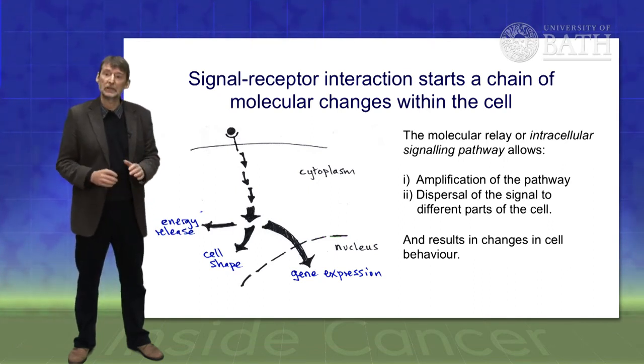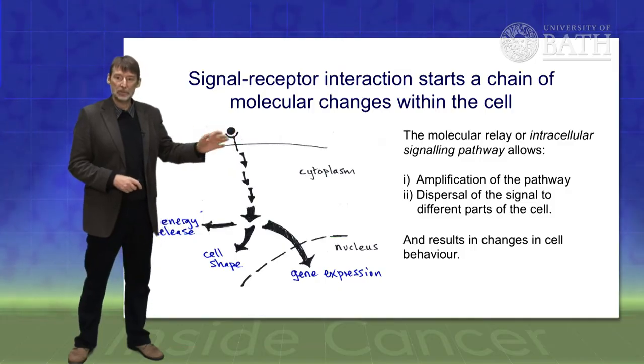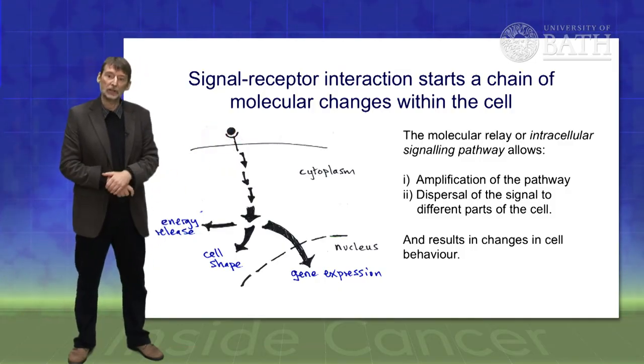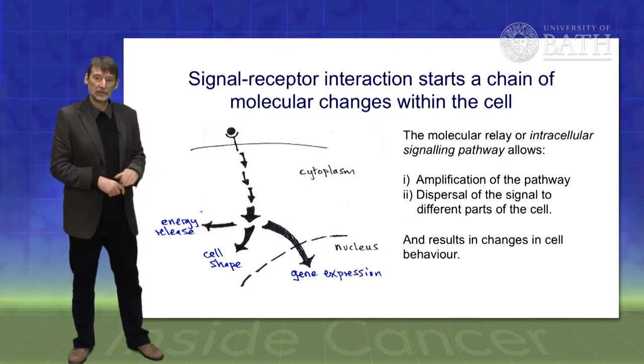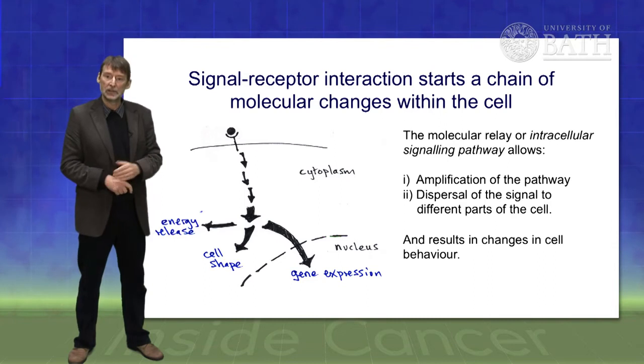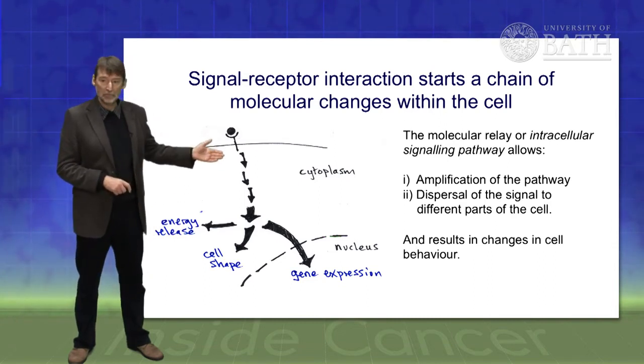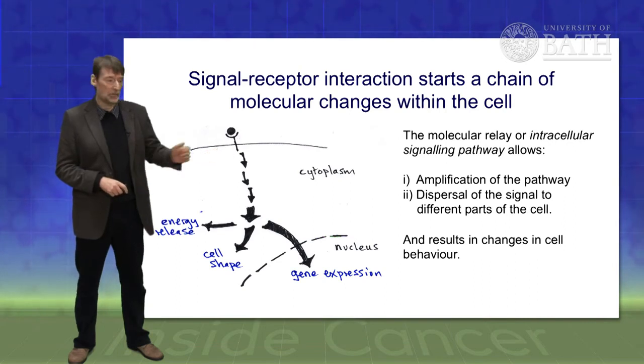So that receptor is the one for this particular cell type that will tell it to divide. The signal causes the receptor to trigger a relay of molecular events inside the cell. And these molecular events ultimately lead to this positive decision to divide by transiting the cell from G1 into S